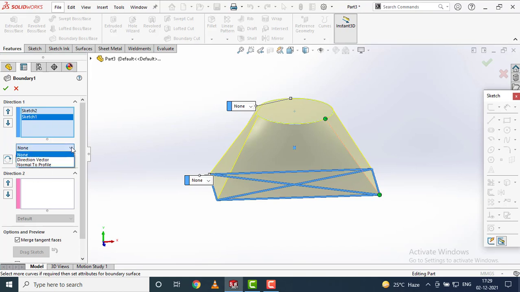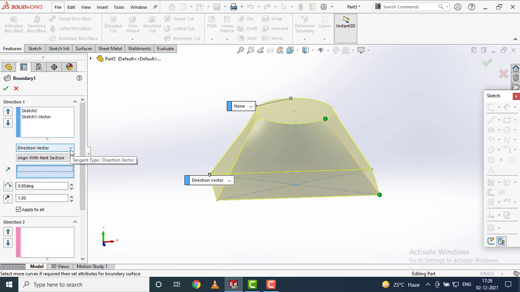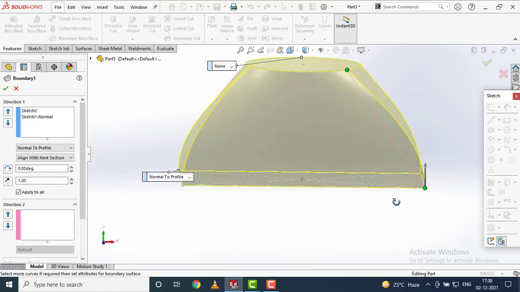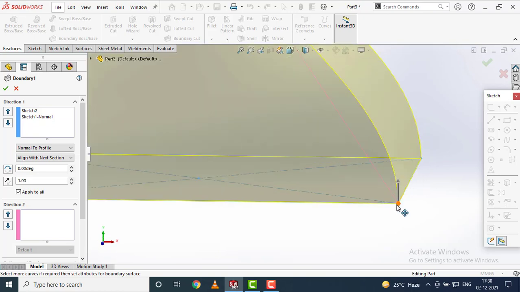Just click on it. First is none. This is our profile which is selected. Second is direction vector which is already provided. And the last is normal to profile. In that case, the feature is trying to start normal to the profile selected, which is our rectangle.